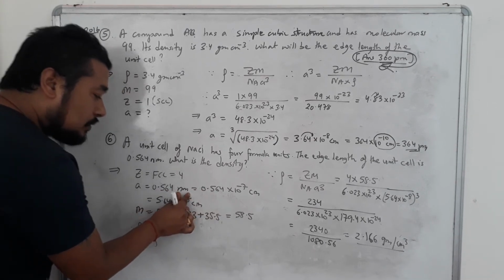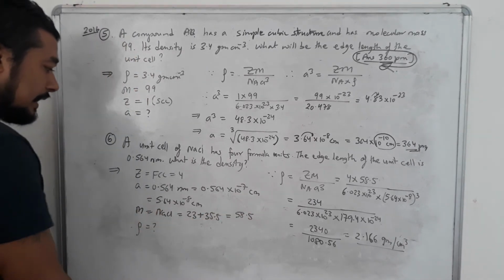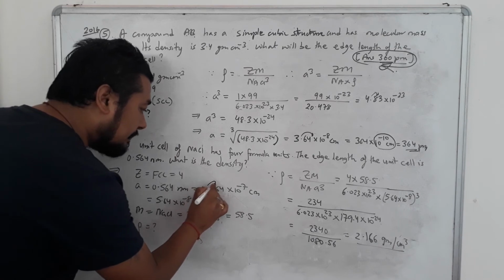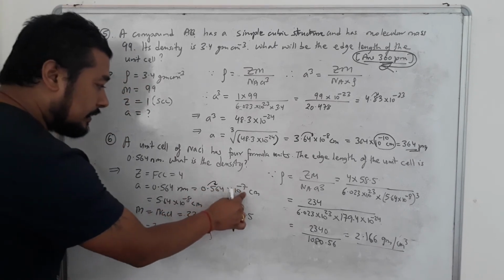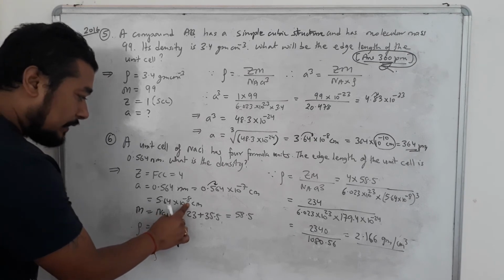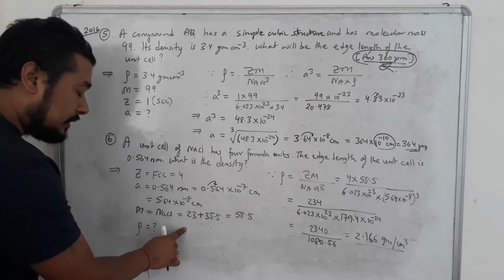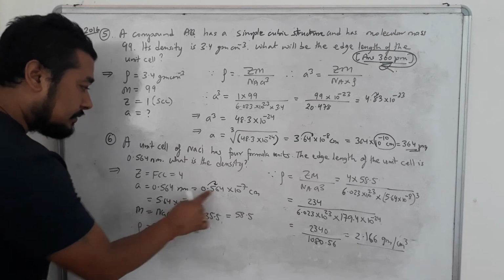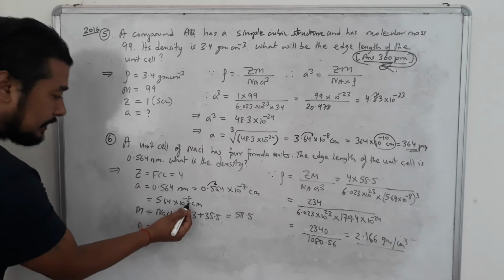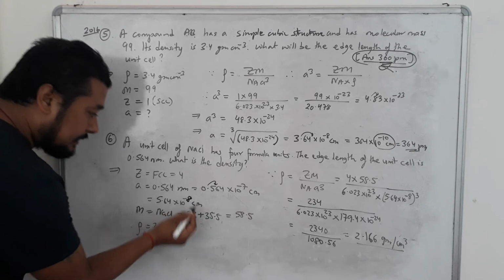And nanometer, how to convert to centimeter? By multiplying with 10 to the power minus 7. And I always keep this as minus 8. So what we have to do? We have to take this point one step back. When you do so, 10 to the power minus 8 will come. You can recheck: if you take out minus 1 from here, it will become minus 7, and that minus 1 goes down, becomes 10 to the power 1, which means 10. If you divide with this, you get the same value. So we got the edge length in centimeter, keeping 10 to the power minus 8. Always try to make the edge length power 10 to the power minus 8.